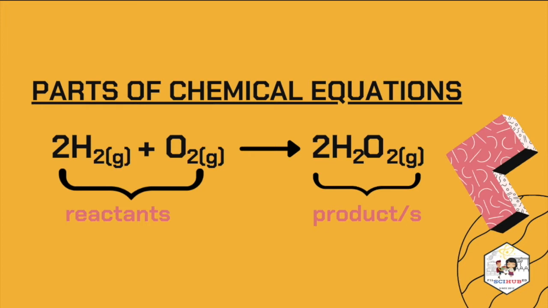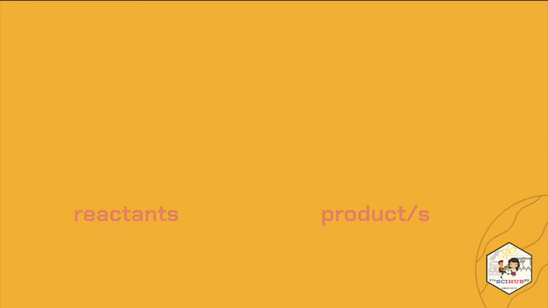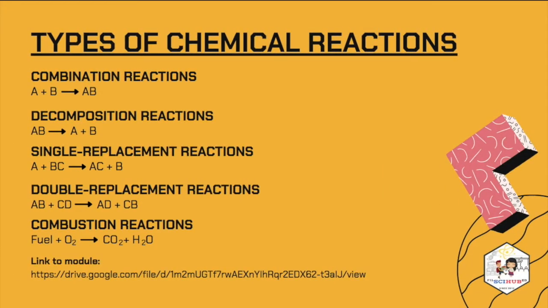Ngayon, balikan naman natin ng mabilisan ang mga chemical reactions na ating i-relate sa law of conservation of mass later on. So the different types of chemical reactions and their general forms are listed below: combination, decomposition, single replacement, double replacement, and combustion reactions. Now, I won't be dwelling on the specifics of these chemical reactions, but